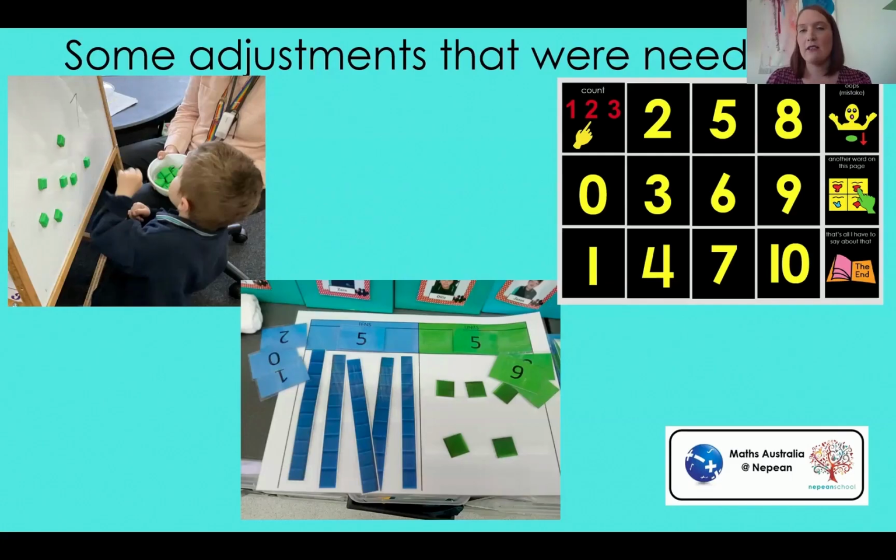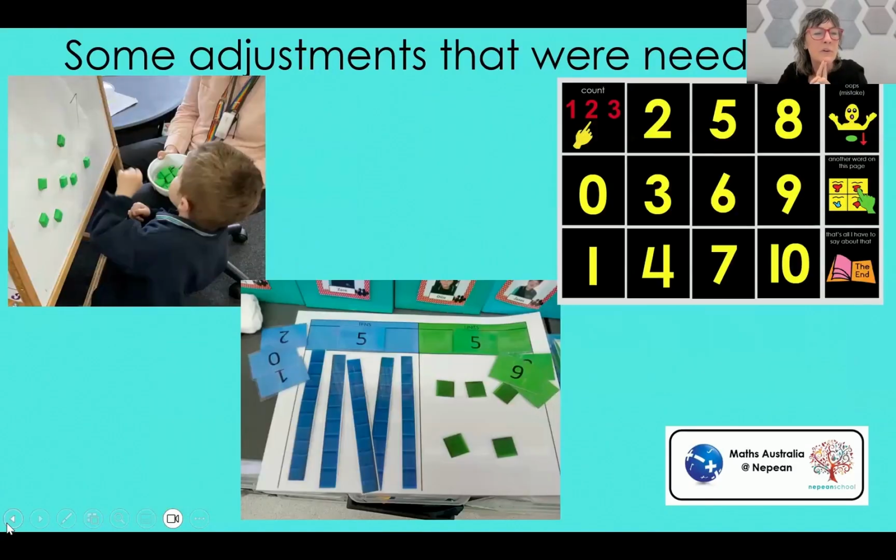And then you can see an ALD there. So that has been adjusted so that it's going from 0 onwards, not from 1 and then 0 at the end. We've really worked hard on how important 0 is with the teachers and the students. And so, you know, adjusting our language in every aspect of school has really helped. And that one's high contrast for our students who have visual impairments as well.